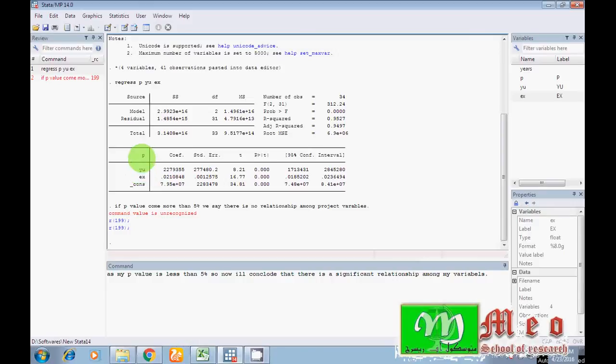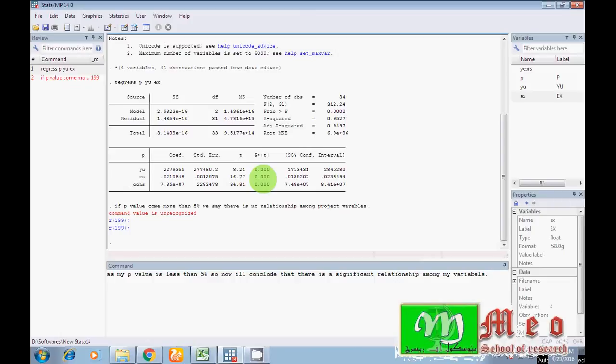My coefficient value has a positive sign, meaning there is a positive relationship among my variables, and the p value indicates that the relationship is significant as well. Same for the next variable: the probability value is less than 5%, meaning there is a significant association between our independent variables and the dependent variable.